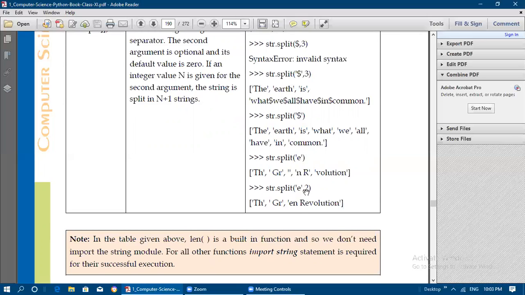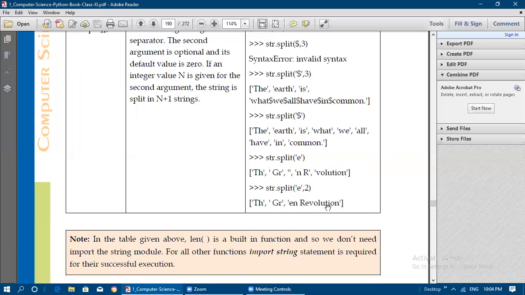It is mentioning 2 only, so it is not satisfied here, so it returns the entire revolution. Where the second occurrence happened in this green, at the second index, that GR alone will be separated as one string, and EN revolution will be treated entirely as another string.